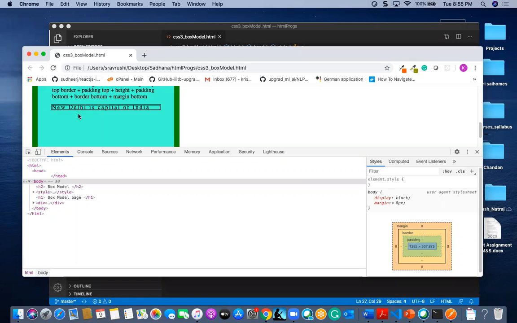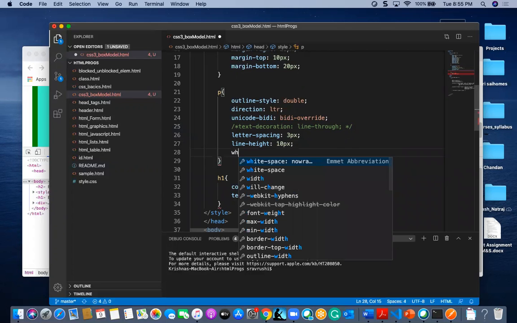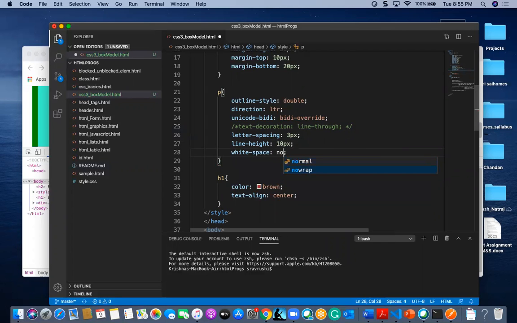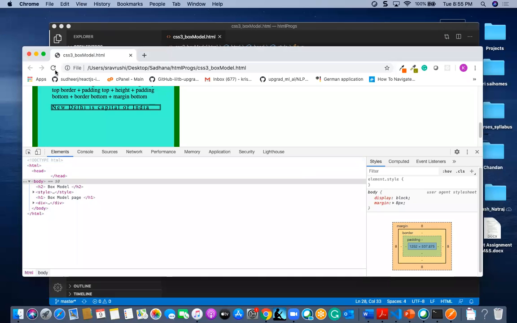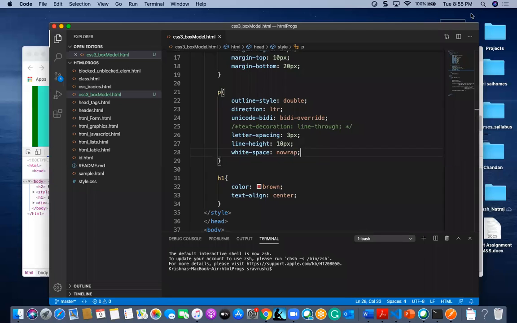You can find the height of the line. And also we have white space, that is, it will wrap the white space. No wrap, so it won't wrap the white spaces. If you want to wrap it, you can go for normal.